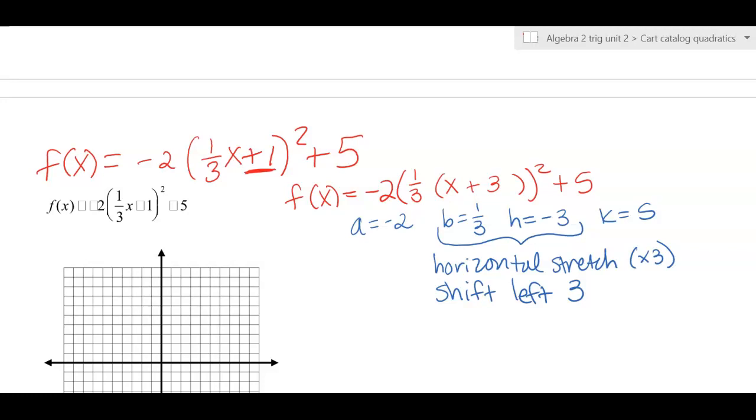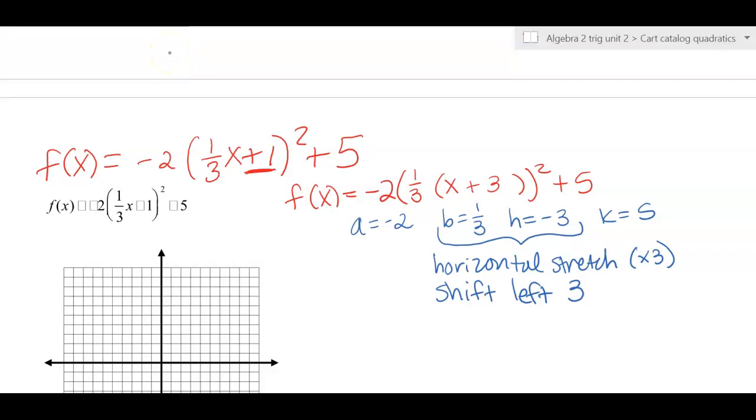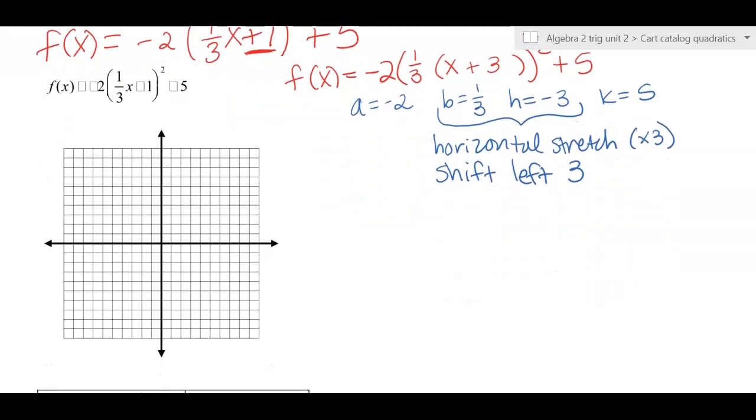So we're looking now at the a value and the k value. Who can name for me one vertical transformation based on our a and our k value? Sammy. Okay, good. So we're going to shift up 5. So that takes care of the k value. All right, what else is going to happen to our graph based on the a value? Maddie? Okay, good. It's going to open down. And so how do we have to say that in now the correct vocab for our transformations? Peyton? Good. Okay, it's a reflection